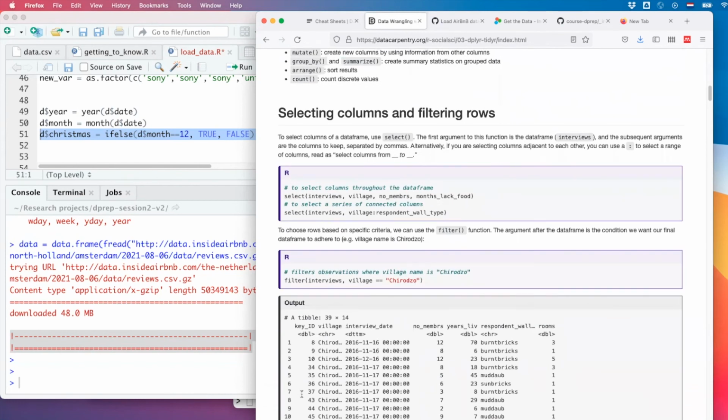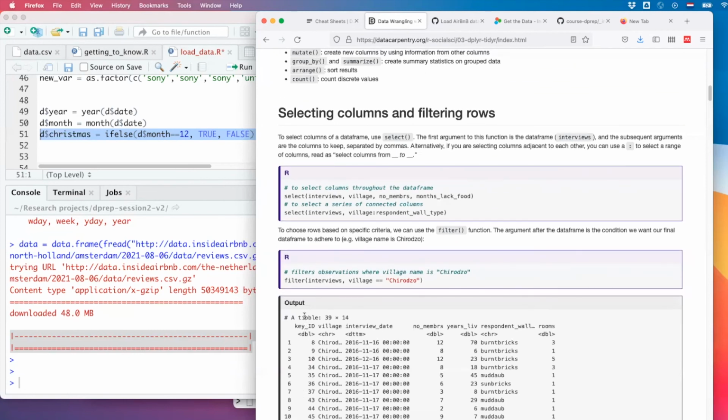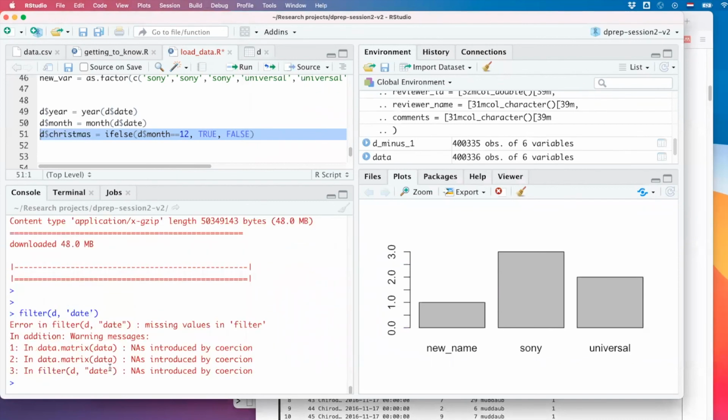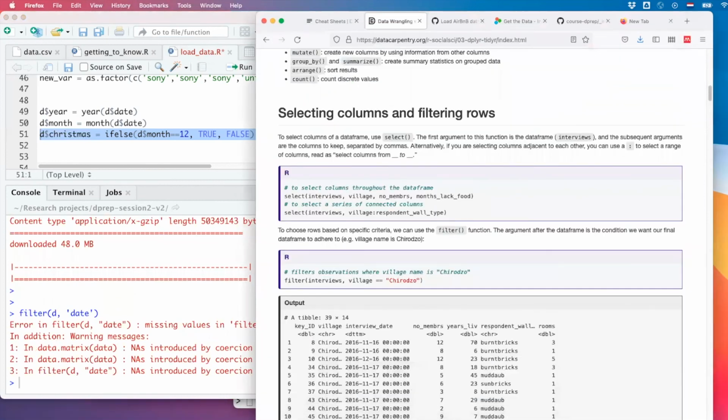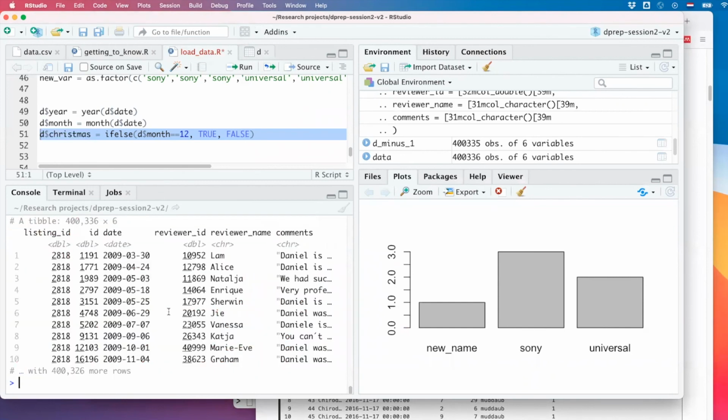It does similar things to what I've shown you before, but it does it in a different way. For example, filter D, and we want to select the dates. How does it work? Oh no, this is cases selection, D. Okay, we want to extract, actually that's a good one, all the reviews that Lamb has written.